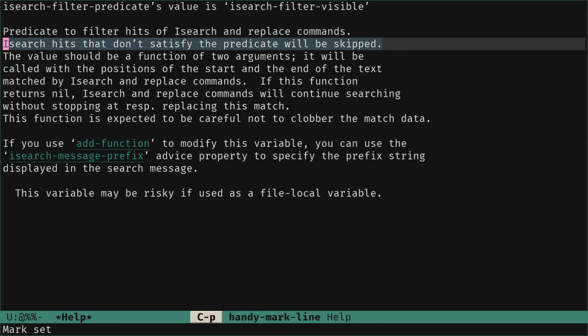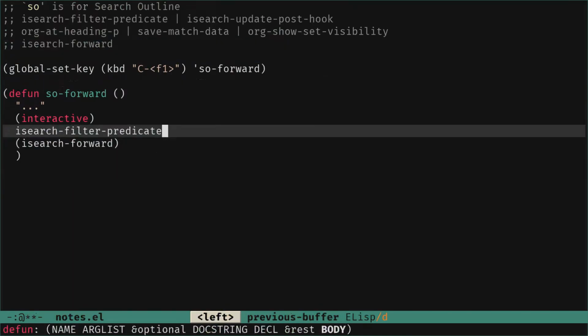Here we have something more that says isearch hits that don't satisfy the predicate will be skipped. So we have to write a filter that returns true only on the headline, and we want not to bind that variable globally, but just with a let binding around